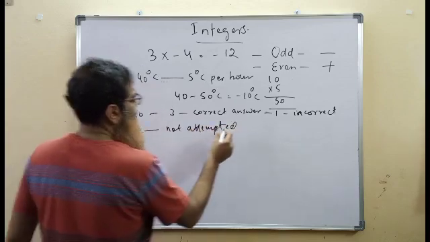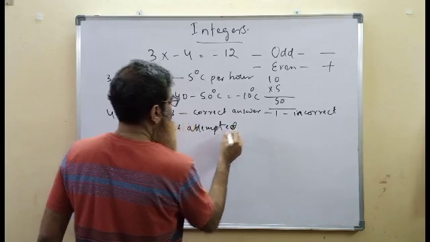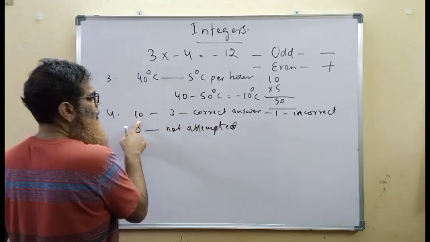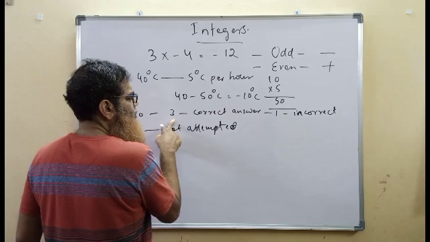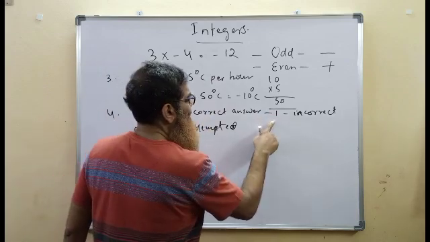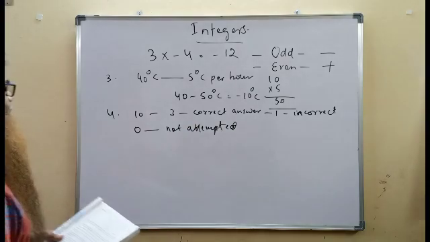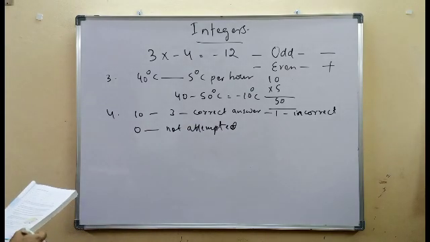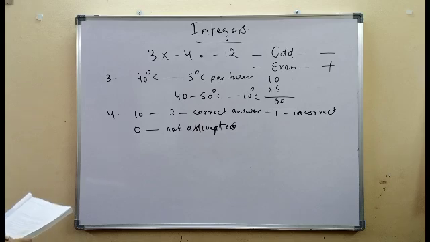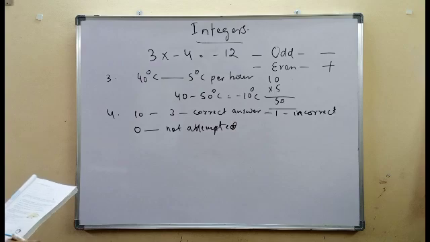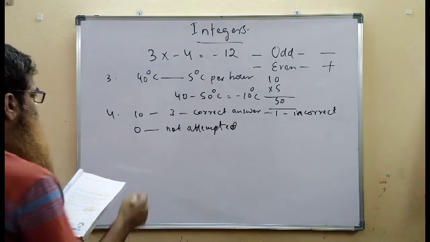So the data: 10 questions in all, 3 marks for every correct answer, minus 1 for every incorrect answer, and 0 for not attempted. If somebody leaves a question, they will get no marks, neither negative marks nor positive marks. First bit in that fourth question,